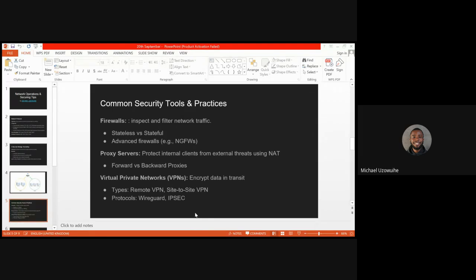It will block it. It will stop it. So it keeps track of the condition through which traffic enters, and also keeps track of what the traffic seeks to do, why it entered at first, and whether it is actually going out based on the reason why it was entered. So it keeps track of the incoming and the outgoing, the same traffic that is outgoing. So unlike the stateless firewall,